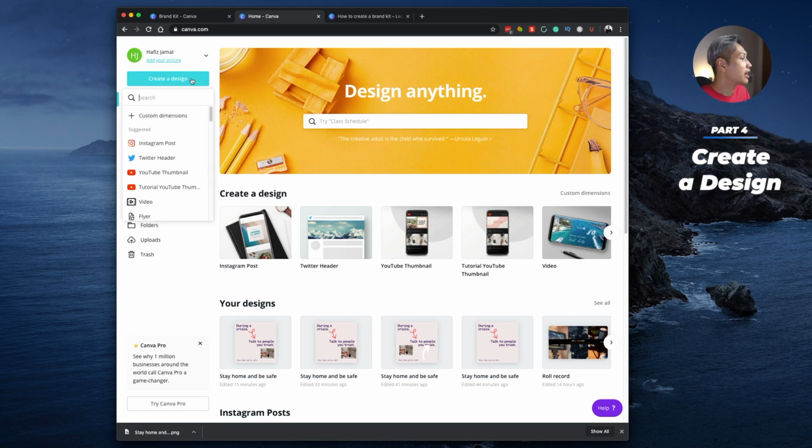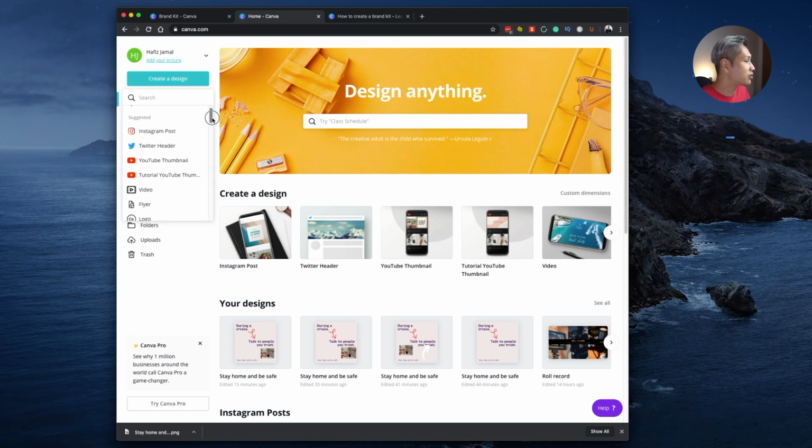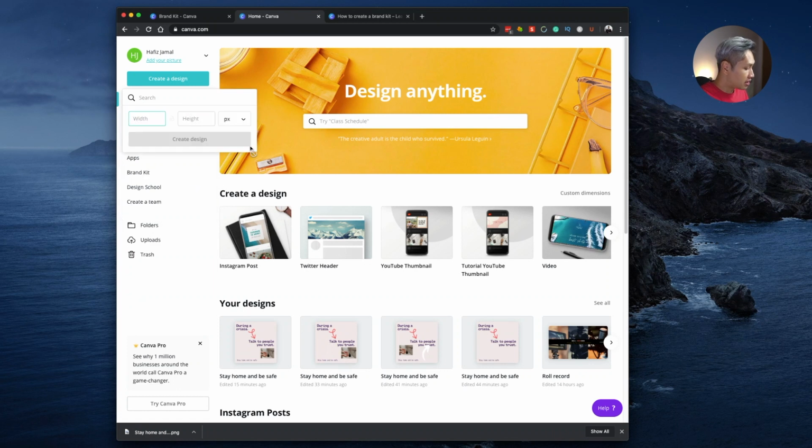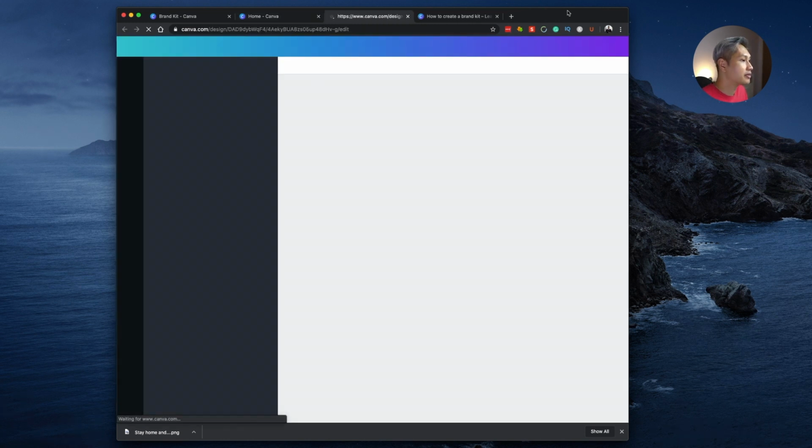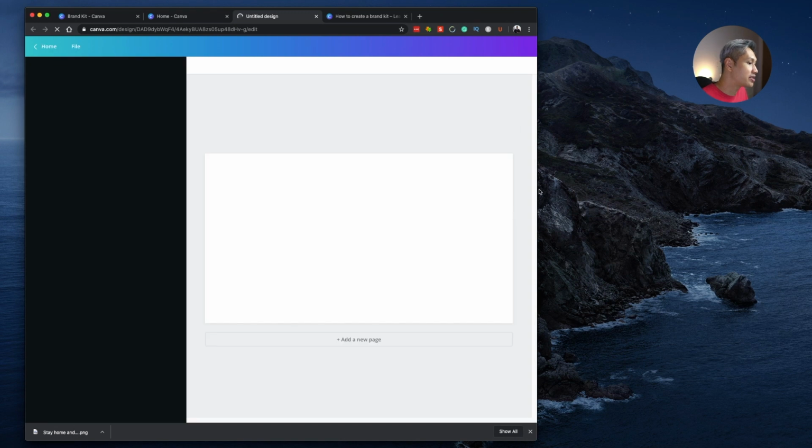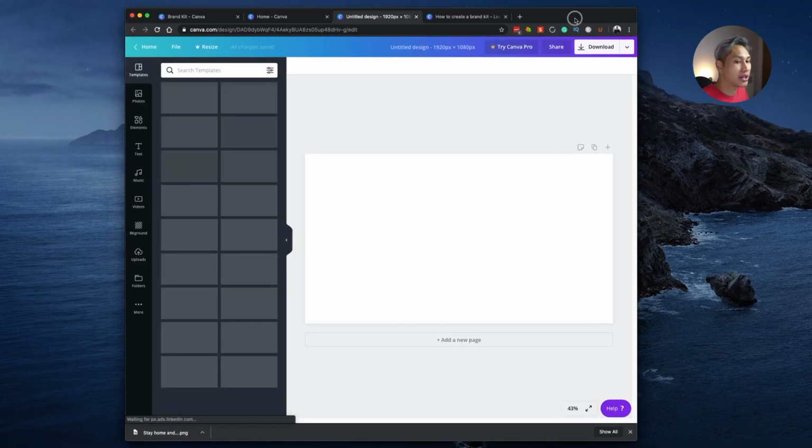The last thing that I'd like to share with you is this button right here, which says create a design. If you click on it, you can choose the different categories. But what's powerful about this particular menu is custom dimensions, right? Sometimes when I'm doing my videos and I want to make sure that it's the correct resolution, I can just do so here, and create the design. And then the canvas will be created